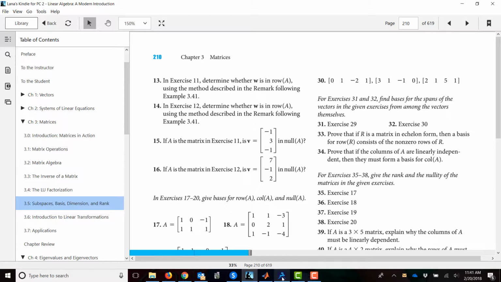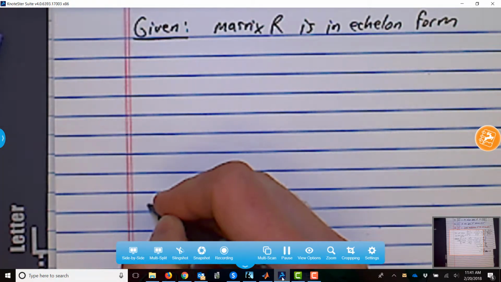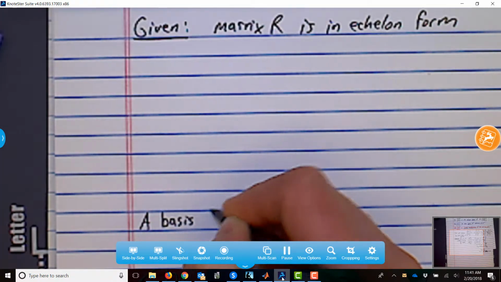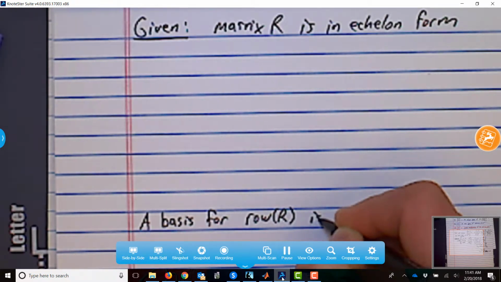Mm-hmm. So then it says down here, a basis for the row space of R consists of the non-zero rows of R. That's what we're trying to prove. So that's going to be the last statement. All right, I'll try and help you do that. So here's my proof, right? That's my given. Way down at the bottom, let's write, well, a basis for the row space of R is